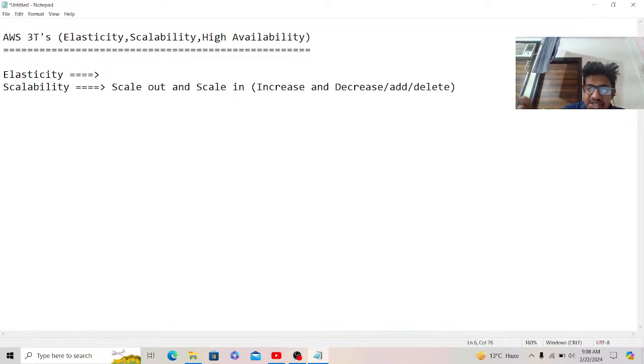We can use elasticity and scalability, but high availability we can treat it as